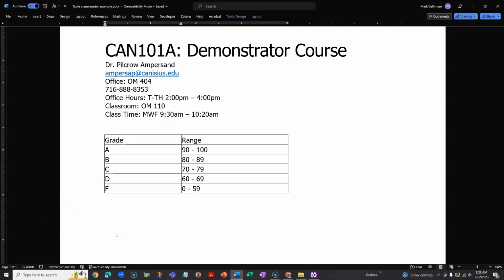Table with 6 rows and 2 columns, level 1, row 1 column 1 grade, column 2 range, row 2 column 1 A, column 2 90 100, row 3 column 1 B, column 2 80 89, row 4 column 1 C, column 2 70 79, row 5 column 1 D, column 2 60 69, row 6 column 1 F, column 2 0 59, out of table